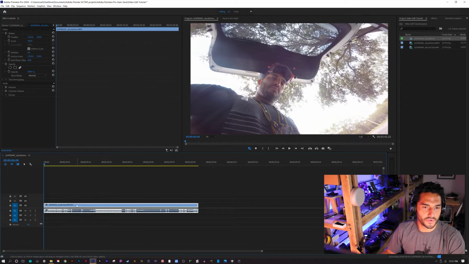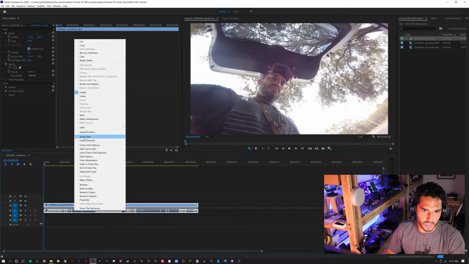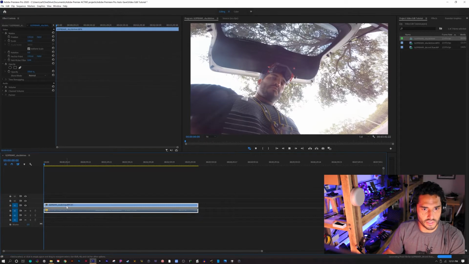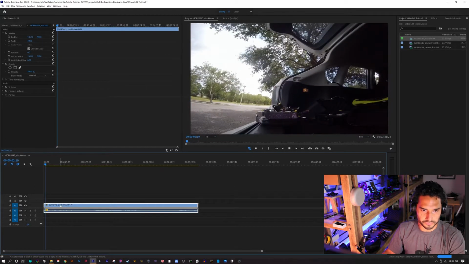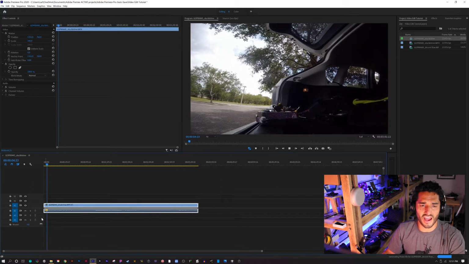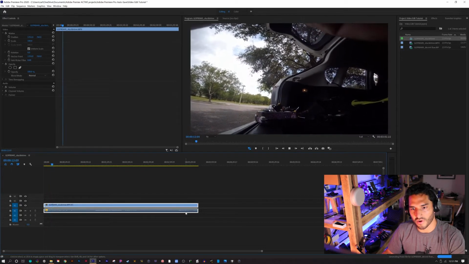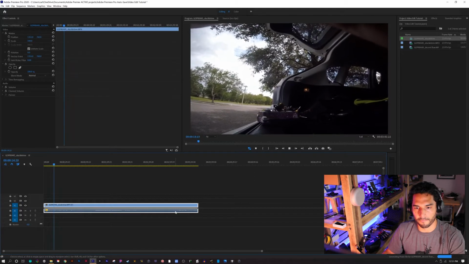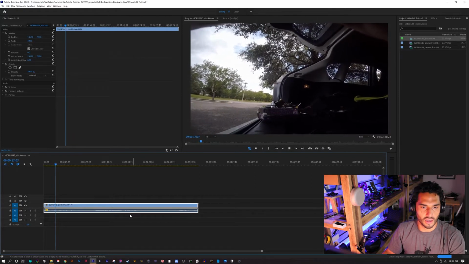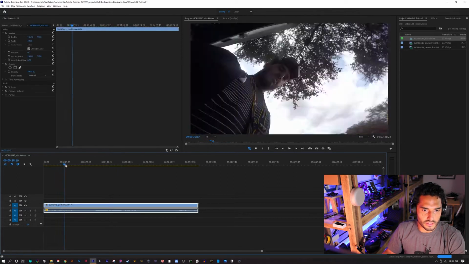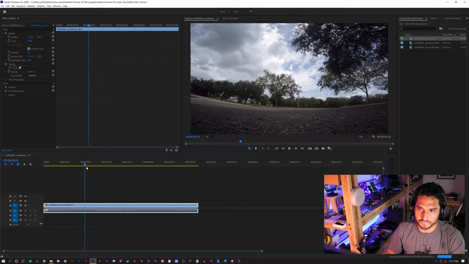First off, I changed the audio gain because off the bat this is going to be way too loud. So I tend to do these minus 25 decibels is an okay level. I like to have kind of sound from the GoPro in the beginning of my videos, and then sometimes I tend to end like right when I land, or right before I land I'll kind of transition the sound in. I like that, it's a nice little touch. But anyways, let's go ahead in here and